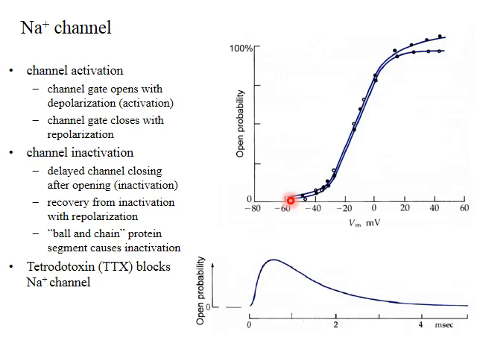In this experiment, we initially hold the cell at -60 millivolts, again near the resting membrane potential, and we find that the open probability of sodium channels is near 0. As we depolarize the cell to more and more positive voltages, we see that the open probability of sodium channels increases, and as with the potassium channel, when we reach a voltage of +20 millivolts or so, we find that the open probability of sodium channels is almost 100%. So the activation relation of voltage-gated sodium channels is very similar, not identical, but very similar to that of delayed